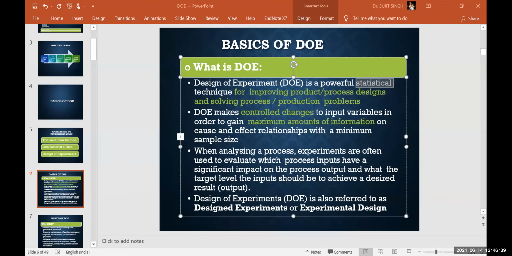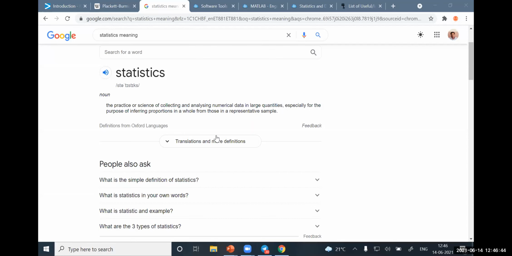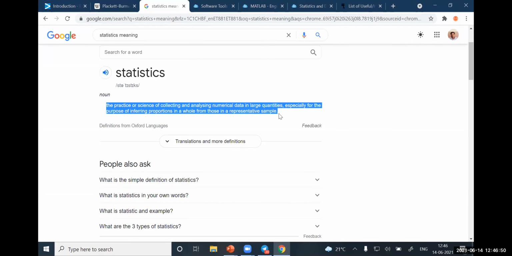Okay, let me try to find it from the net. You can see, statistics is the practice or science of collecting and analyzing numerical data in large quantity, especially for the purpose of inferring.